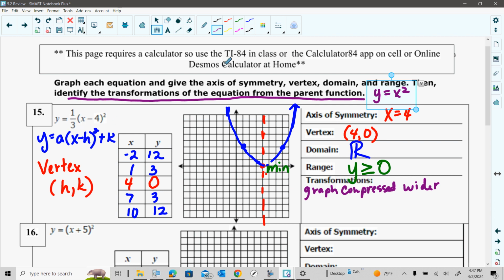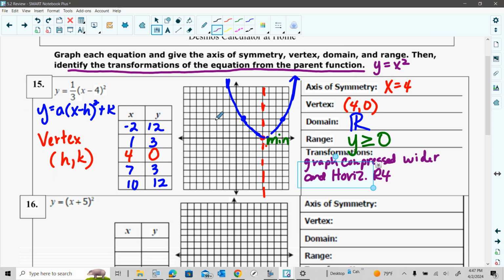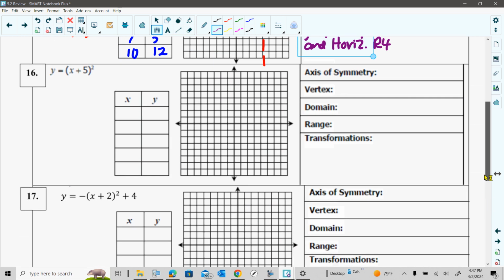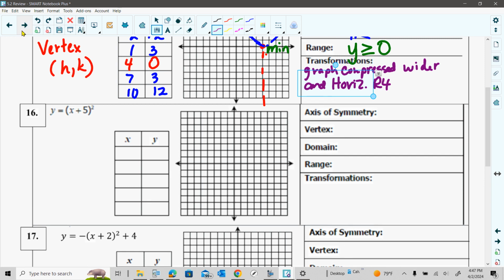So now I do the H, that's the horizontal shift. So graph compressed wider, and we have a horizontal, I'm just going to abbreviate that, shift to the right. So I'm just going to put R for right, and it moved over 1, 2, 3, 4 units, whatever number is inside the parentheses. So I'm going to say R4, and there is no K, so there's no vertical shift. So that's all we have. So that's what we're going to ask you to do here on this section. Now, you need a calculator for this, so try to use the one either online or in class to get this done. And then our last section